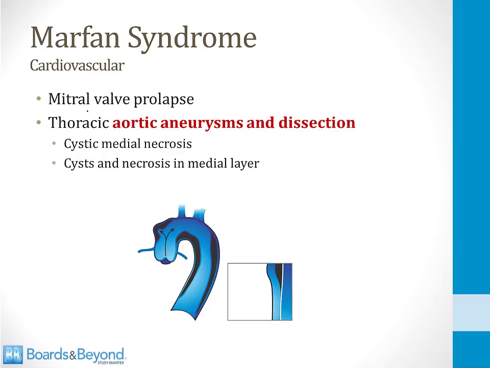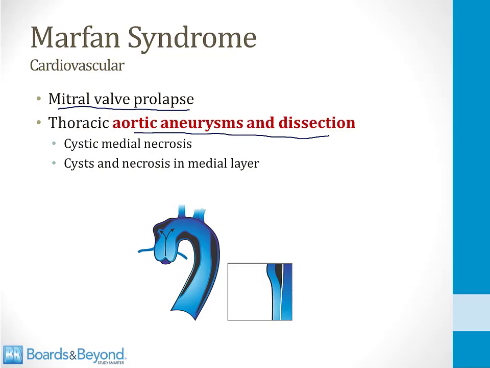And then finally, there are a couple of cardiovascular manifestations of Marfan syndrome. They can develop mitral valve prolapse. Their mitral valve can be stretchy, just like patients have with Ehlers-Danlos syndrome. And then the most dangerous complication of Marfan syndrome is that these patients are at high risk for aortic aneurysms